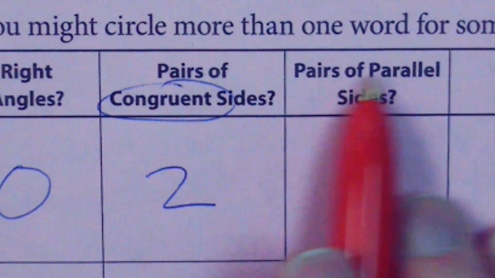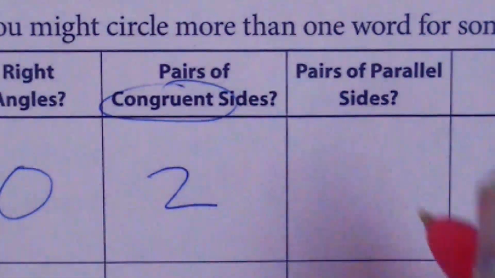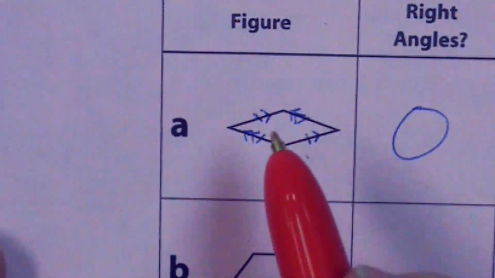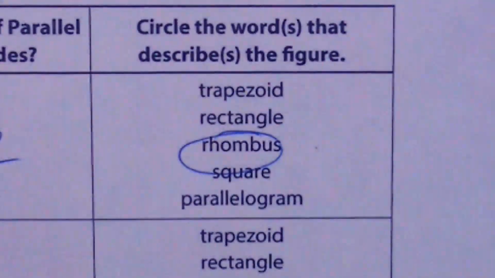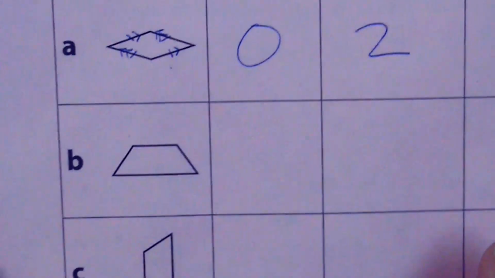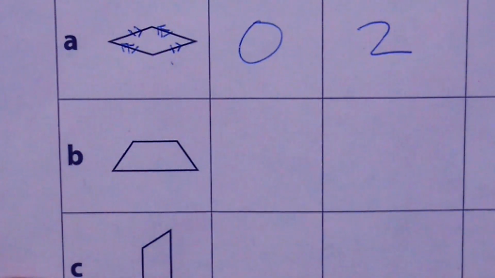Pairs of parallel sides? 2, because we said the opposite sides are parallel. That's kind of why we drew those arrows, to indicate they're parallel. And then we circled what it is. Yay, good for us. Okay, as I move into the next one, it probably looks like a pretty common shape